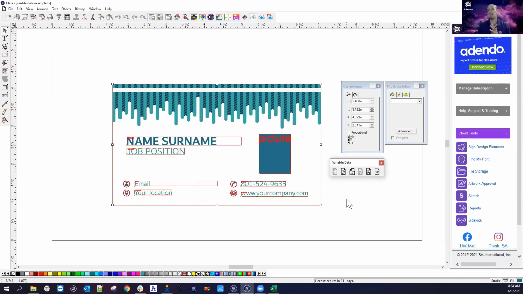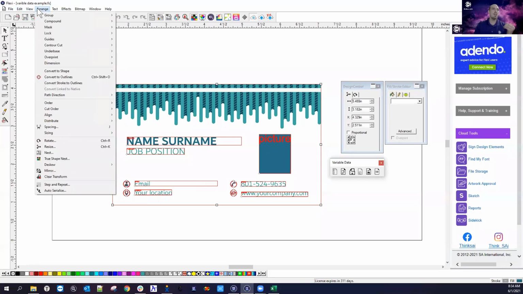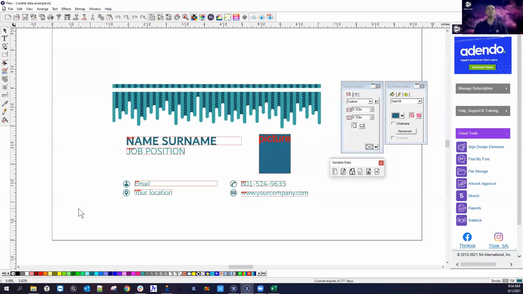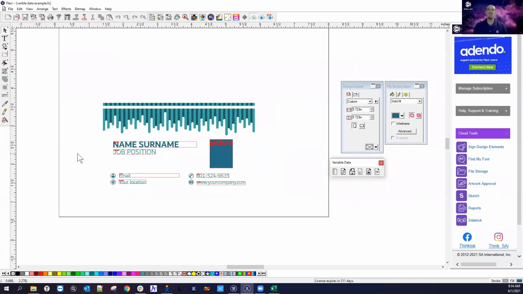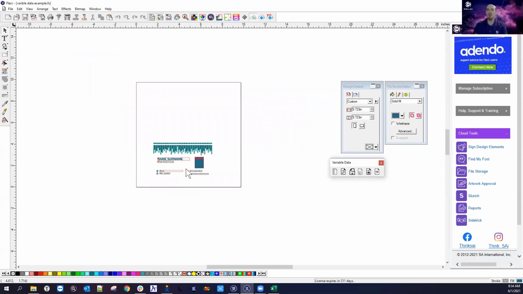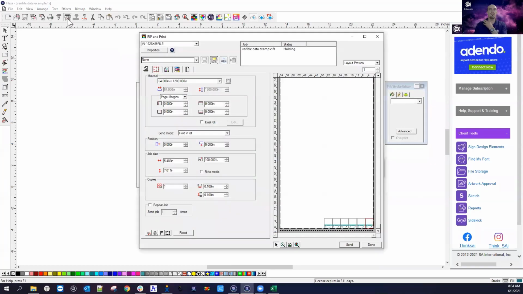Now, here's the great thing about the way this is done. All this data is stored within the software. If you've ever used the auto serialize or even the step and repeat, when you make multiple copies inside of the design space and then send them to production manager, it would always increase the size of the file because it was having to process the entire thing as a whole. The great thing about this is that it's only processing the basic template here, which is really, really small in size. So when I select all of this and I go to rip and print,